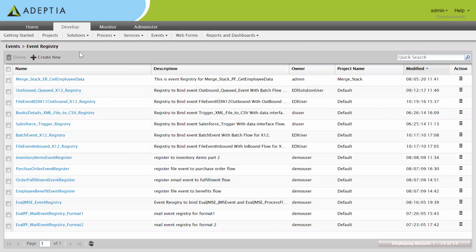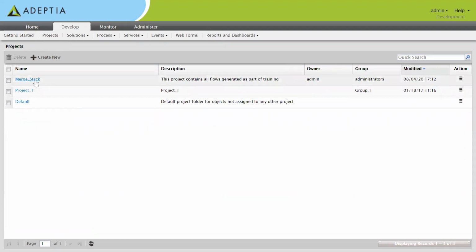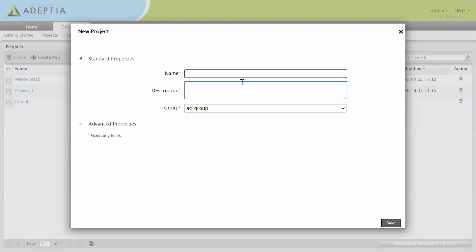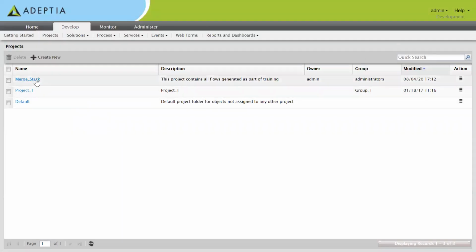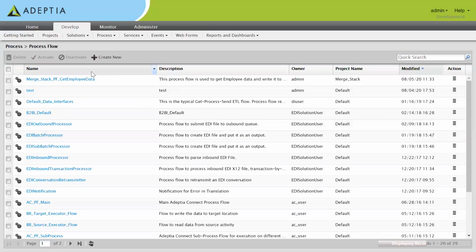So the first activity, whenever you start the development, is to create a project. Once you create the project, you need to assign the group and the owner. We have only one user right now, so by default this user will be the owner of all the activities. Once you create the project, you'll decide what activities you need. If you are following the bottom up approach, you need to create the activities. After the project, you'll be creating a process flow, which is like a container where you link all those activities to do the use case job.